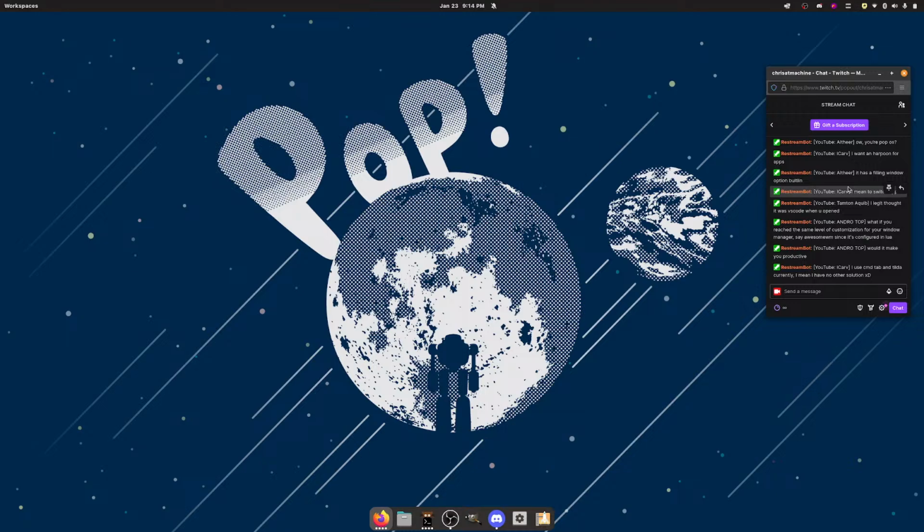I mean, Command Tab until I use Command Tab. Yeah. I think it's a fine solution. What if you reach the same level of customization for your window manager, say Awesome WM, since it's configured in Lua? Yeah, but I would have to configure more stuff, right? So I would have to think about Awesome WM, and whether I like it or not, in my feeble human mind, I would have the context always loaded about my operating system